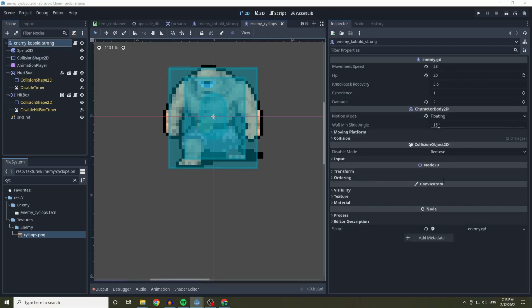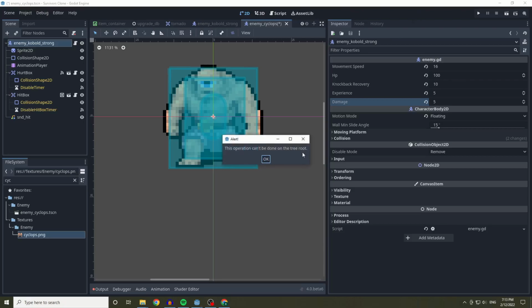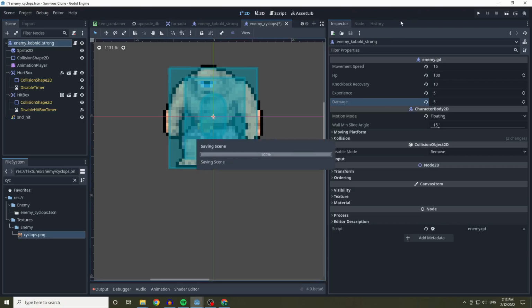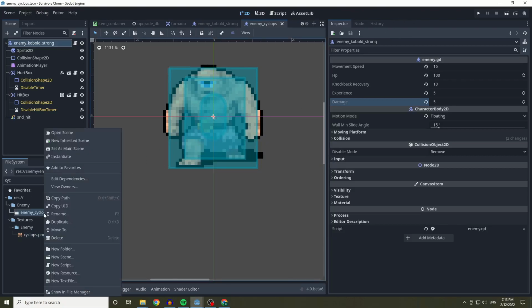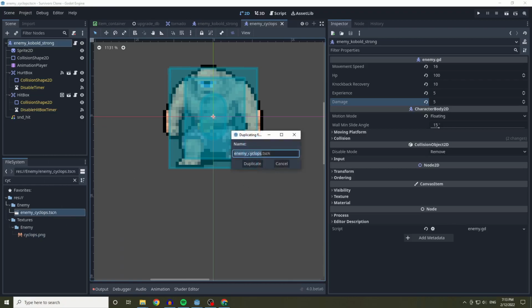Now, for our Cyclops, I want this to be a bit more slower and tanky, so I'm going to make this have a speed of 16. Going to make the HP 100. Going to be making the knockback recovery 10, so it's got a bit more knockback resistance. I'm going to give it, let's say, 5 experience for killing this, and I'll make the damage 5 as well. Oh, just going to do a Control S there,